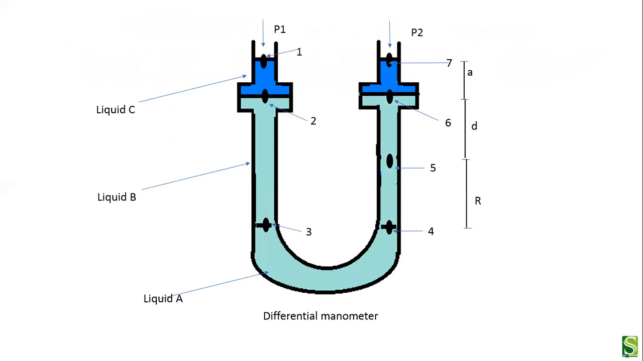Now if you see the construction of this type of manometer, you will observe that it has a little enlarged area. It is just similar to our simple U-tube manometer. The only difference is that it has these two enlarged areas. Here the manometer contains liquid C, liquid B and liquid A. Different points are given and different heights are given, and also different pressure is applied on the two